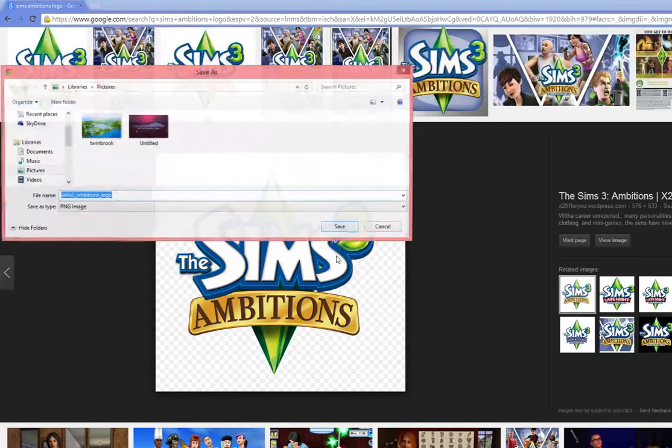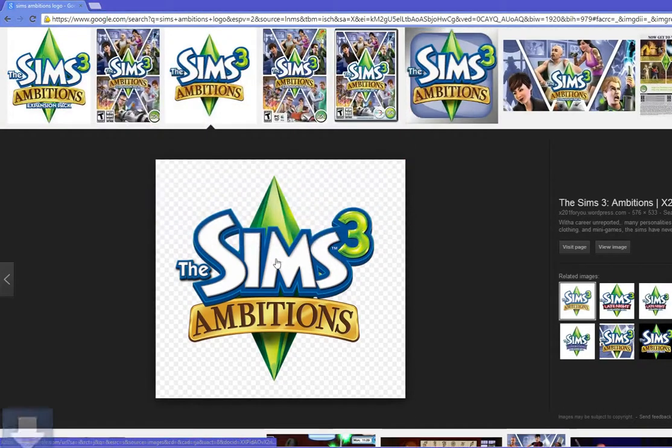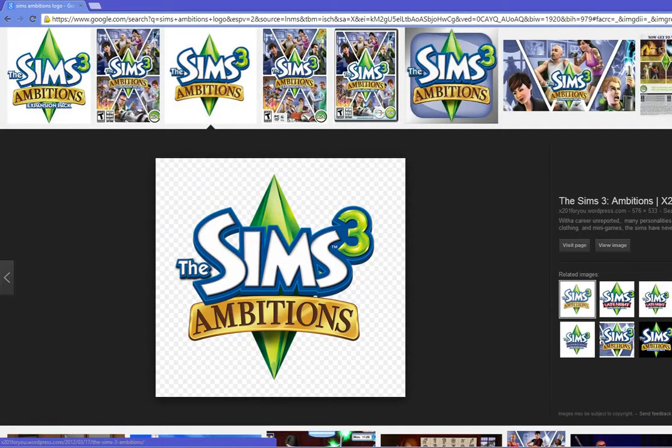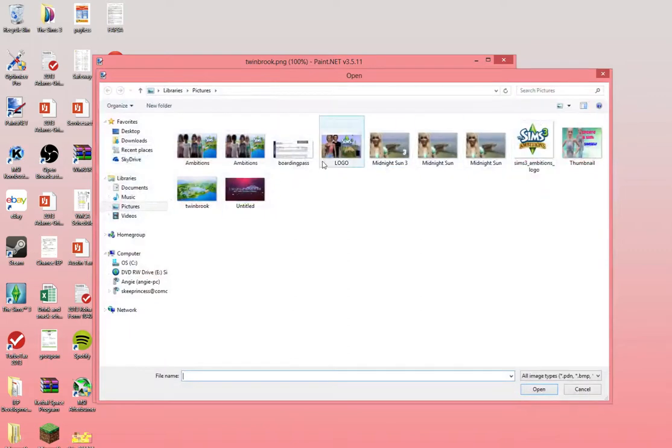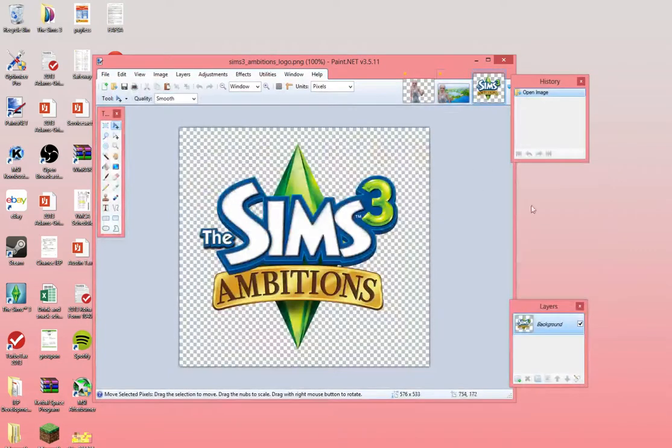Now I'm going to save image as, that, because I don't really care. Once you know it's saved, go ahead and X out and add a new layer. Now, open the image first. Here it is. Alright, so since it's already checkered, I won't have to take the wand, but I'm going to